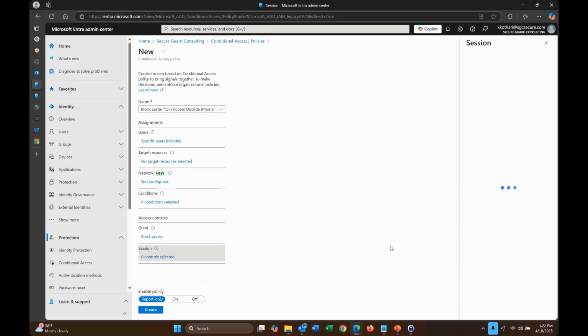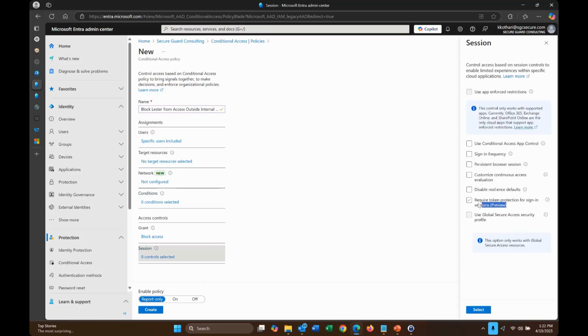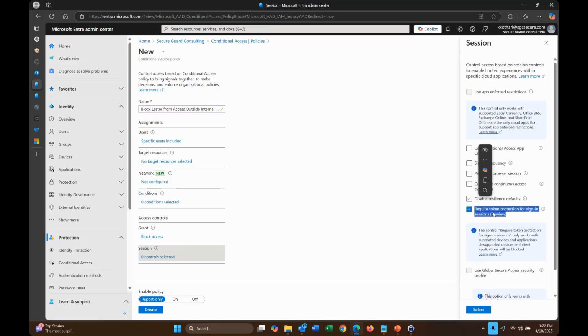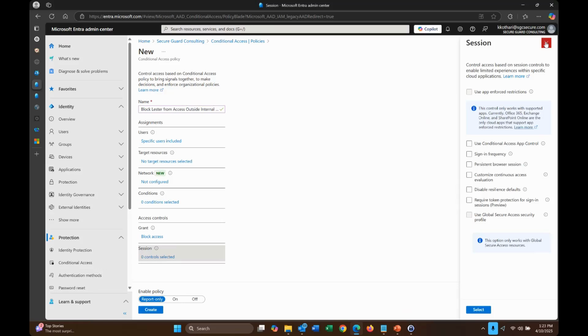Incidentally, if I click on sessions, this is where you see it says require token protection for sign-in. If you hover over the box, it's in preview mode. It's a secure sign-in session, and requires all long-lived tokens, the Microsoft Entra session cookie and refresh token, to be bound to the device using software key binding or hardware security module binding. I haven't played around with that yet, but